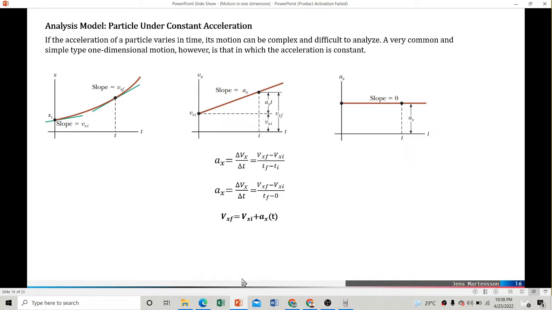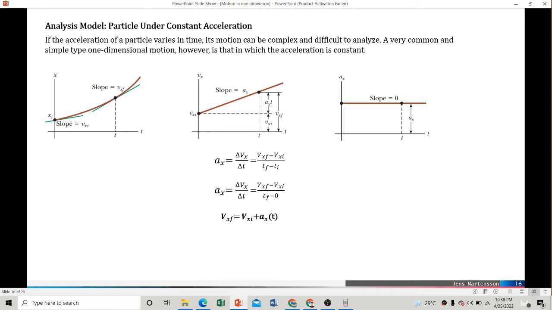Okay? So a very common and simple type para ma-determine nato ang usa ka equation, just like here, or maka-came up tag general equation. So atong buhaton is to